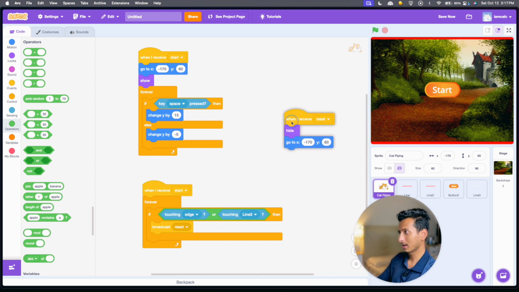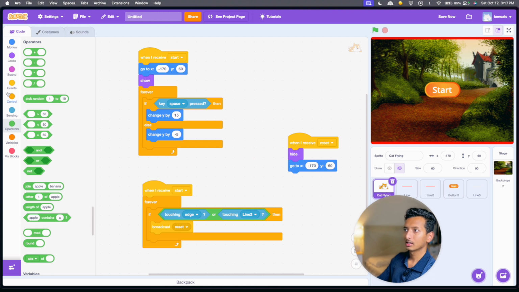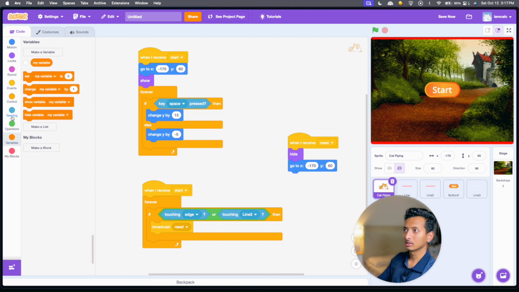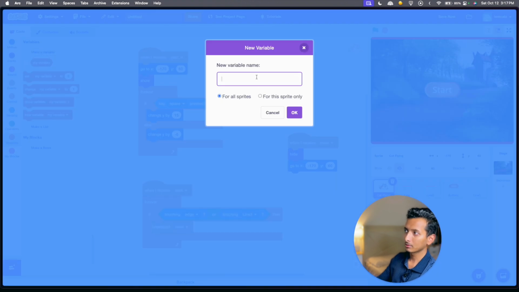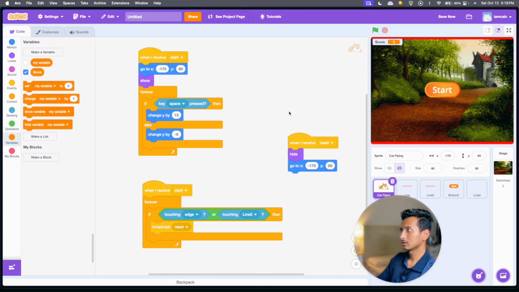right? So for that, what we will do is, we will create a variable. Let's go to variable, make a variable, and we want the variable to be named score. And then we want to move this variable. If you uncheck this, you won't see the variable here, but if you check it, the variable will become visible. I want to drag and drop it here somewhere,